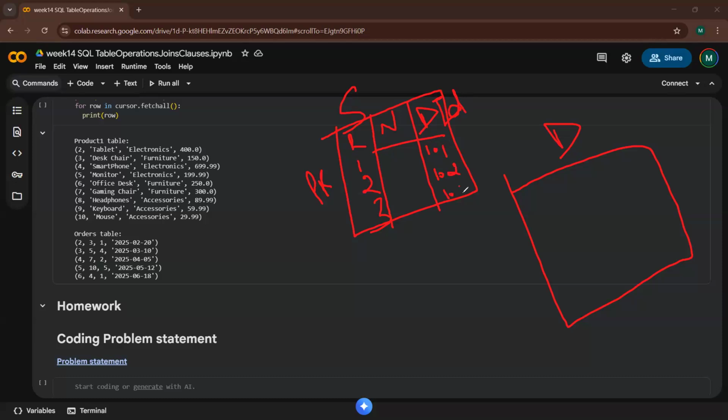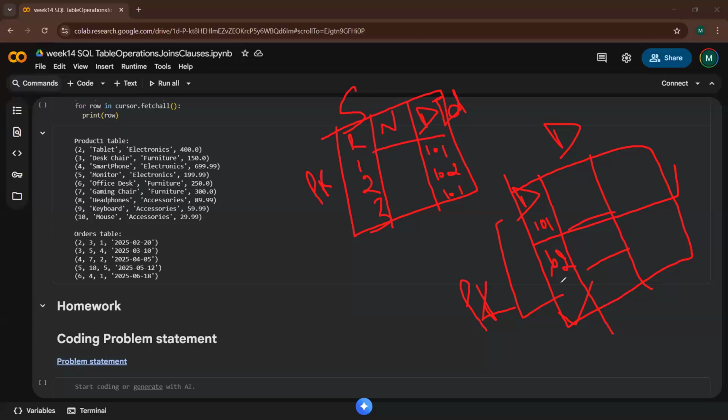And now this table has department ID, that is 101 and 102 only, and the names of those departments are given. So in this table, department ID is the primary key, because with the help of this department ID, each row is identified uniquely, right? Yes, ma'am.